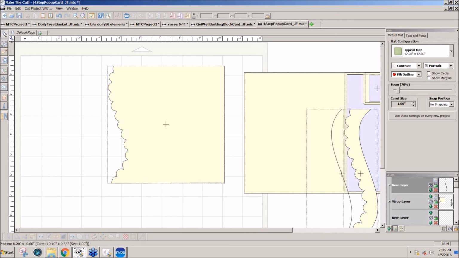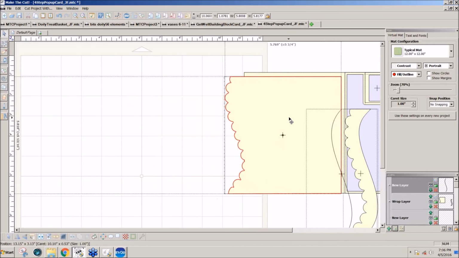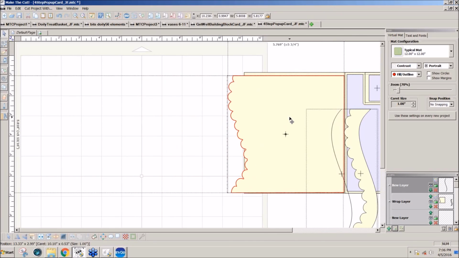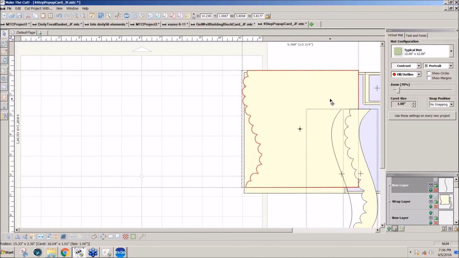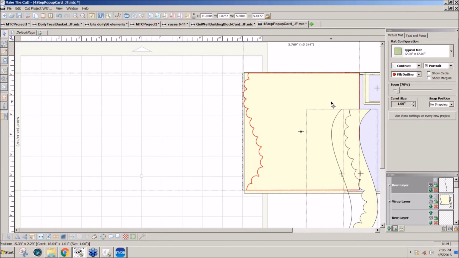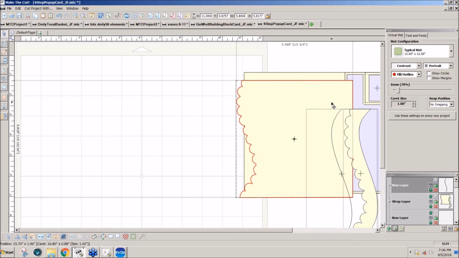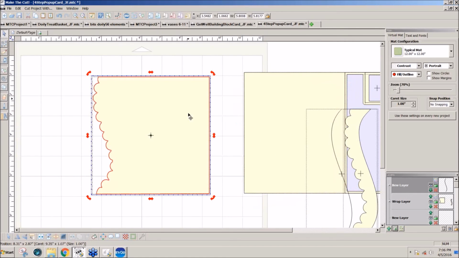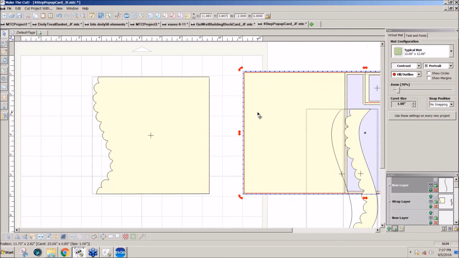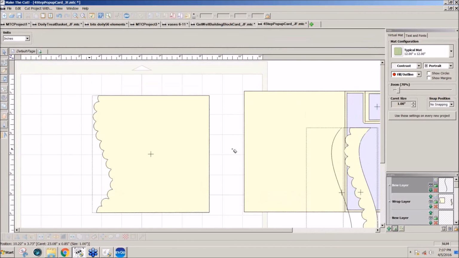Okay, now I have my edge, and I can resize it according to what it should be. Let's see, I think it was going to go here. So, and this was going to be the blue piece. Which measures